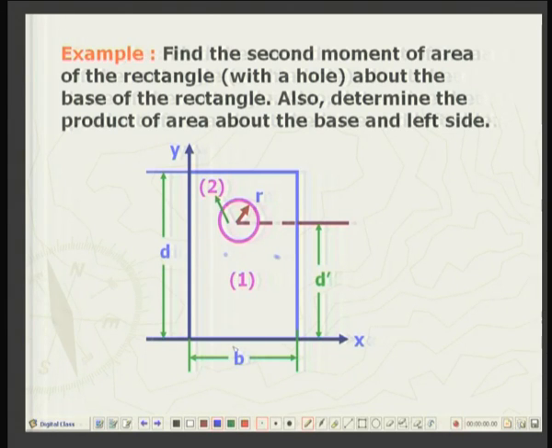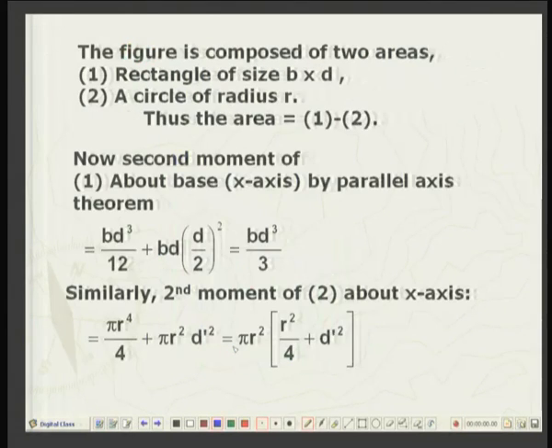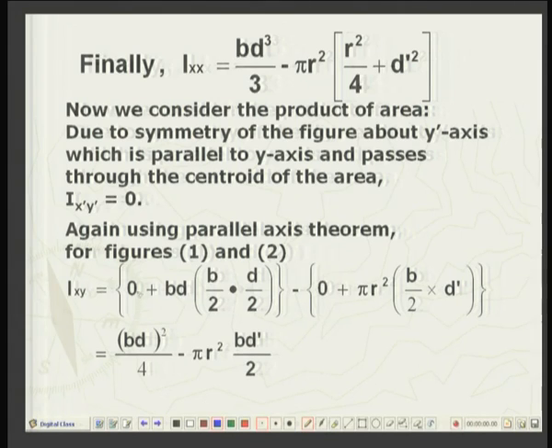So, I can use parallel axis theorem, and you can again see this I xy will be equal to 0 for the I x dash y dash, and this is the